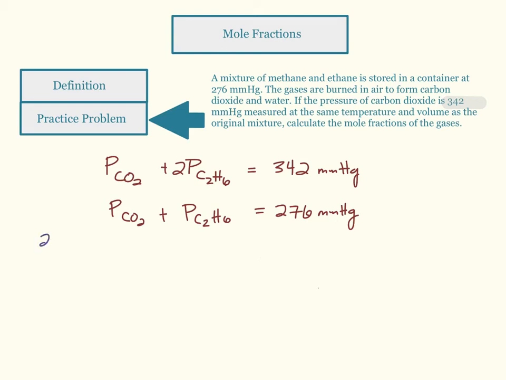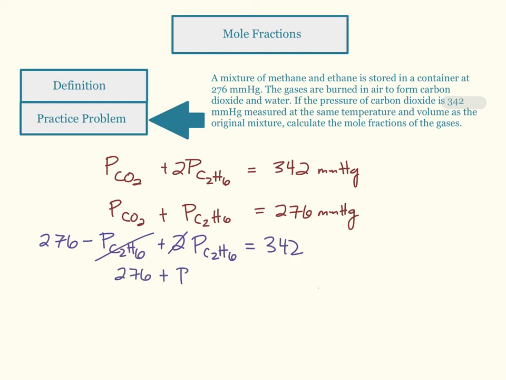So I will plug in 276 millimeters mercury minus the pressure of ethane plus 2 pressures of ethane equals 342 millimeters mercury. Then we can simplify by taking away one of these and that 2 to get